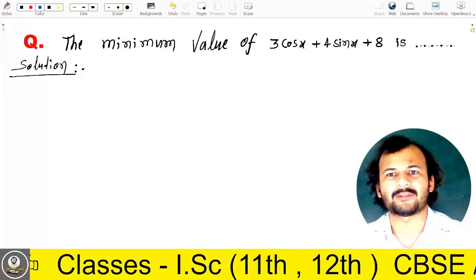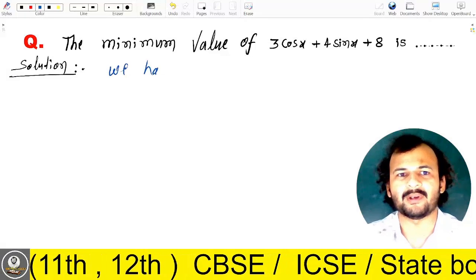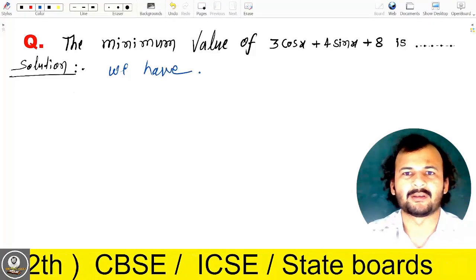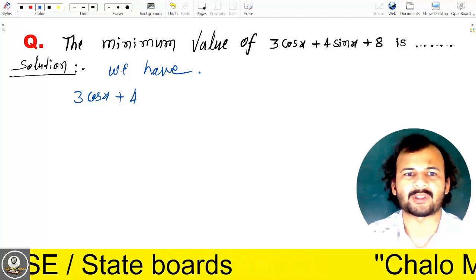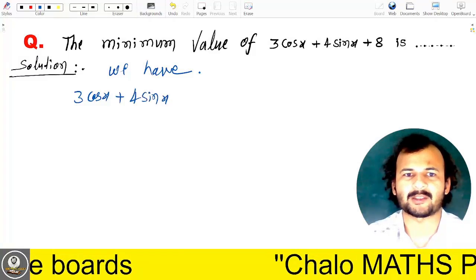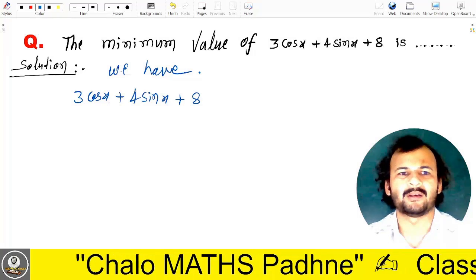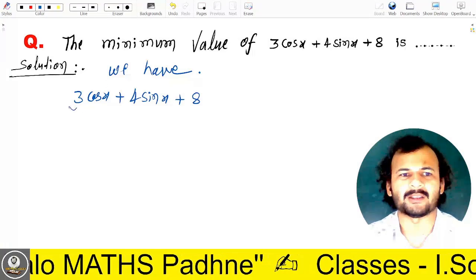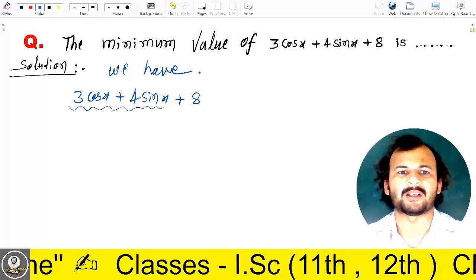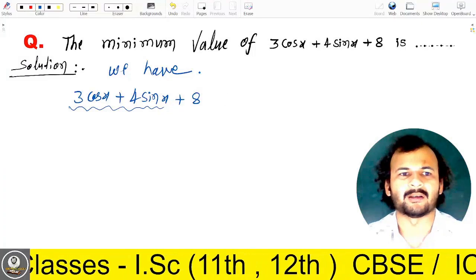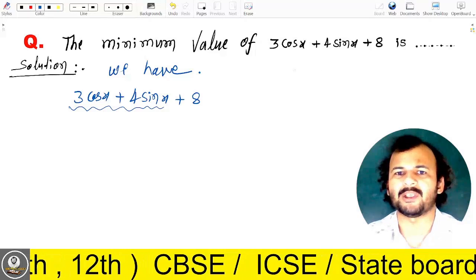Let us start its solution. We have the given expression: 3 cos x plus 4 sin x plus 8, right? In this expression we have two parts. One part is the trigonometrical functions part, 3 cos x plus 4 sin x, and we know that the minimum value of